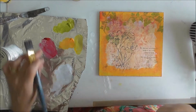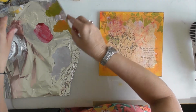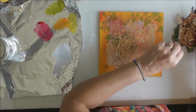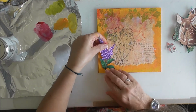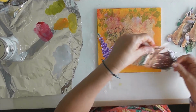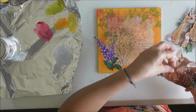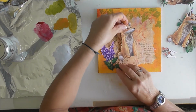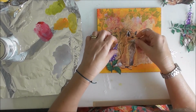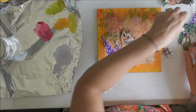So now all that's left for me to do is to decide what I'm going to do. And the beauty about this is I can just arrange it how I want it, and whether I want the deer as well or not. Maybe not the deer today, maybe just have the little fox peeping out from the decoupage, and it's just really nice to